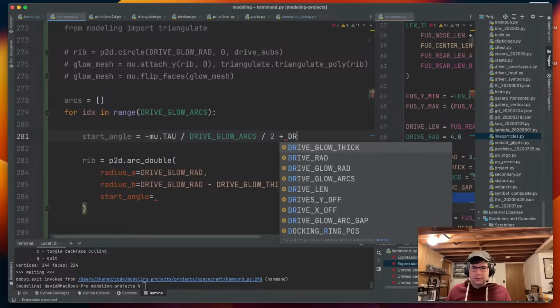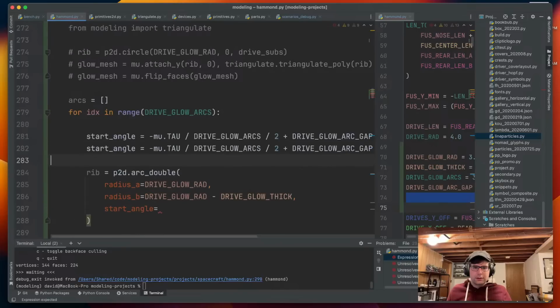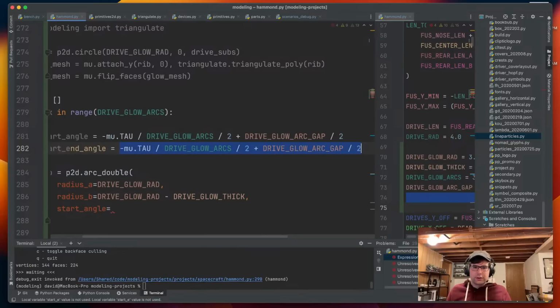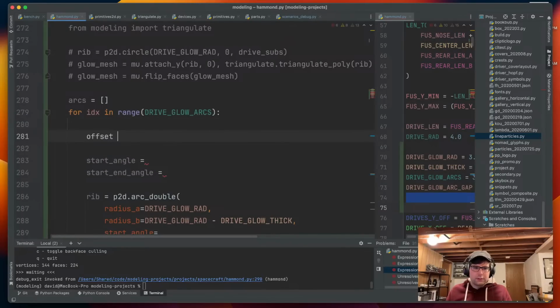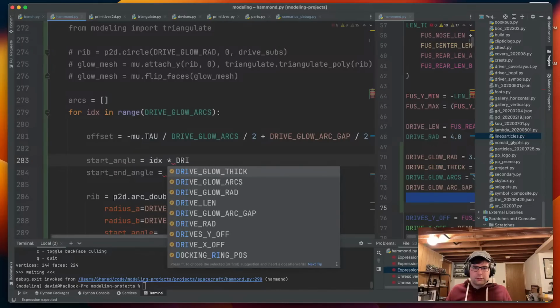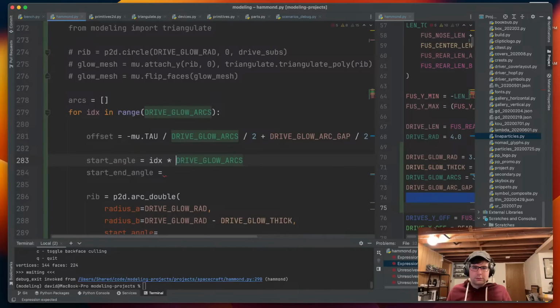plus the gap divided by 2, and then the end angle is going to be, and we've got to add our offset here as well. So this will be our offset. We'll call this offset. So this is going to be index times u dot tau divided by draw flow arcs, and then the end angle is going to be start angle. Actually, let's just